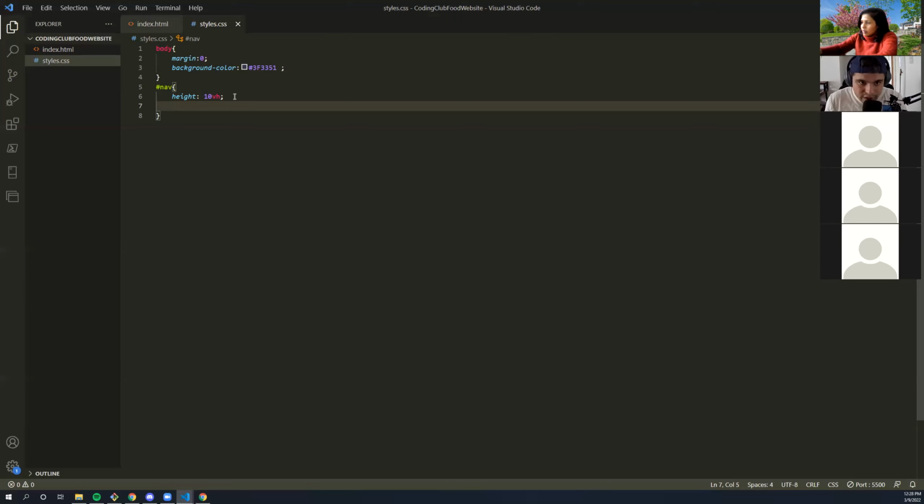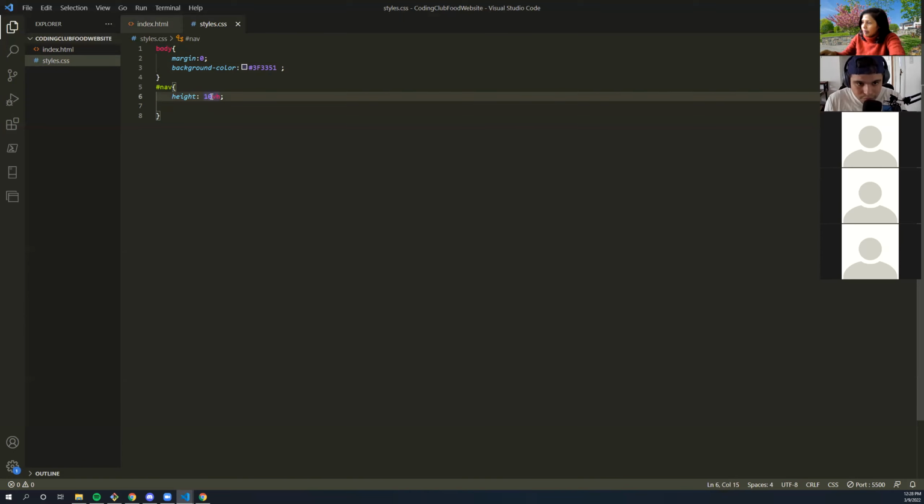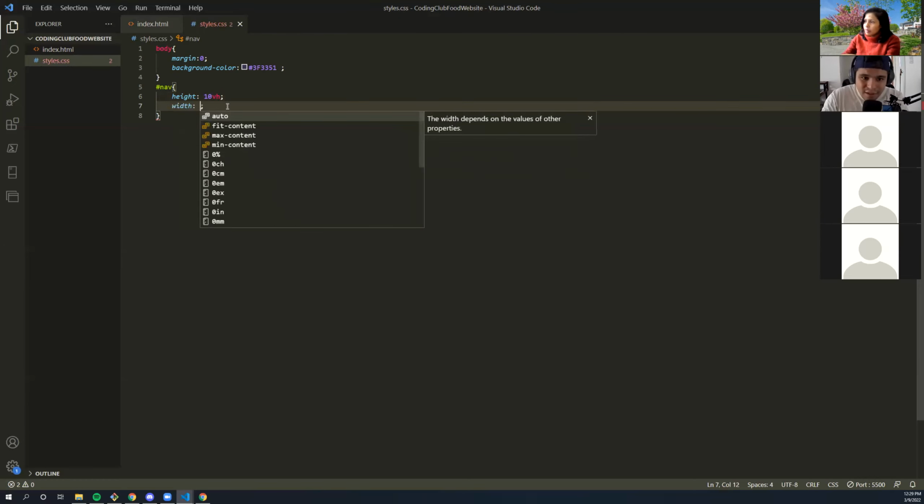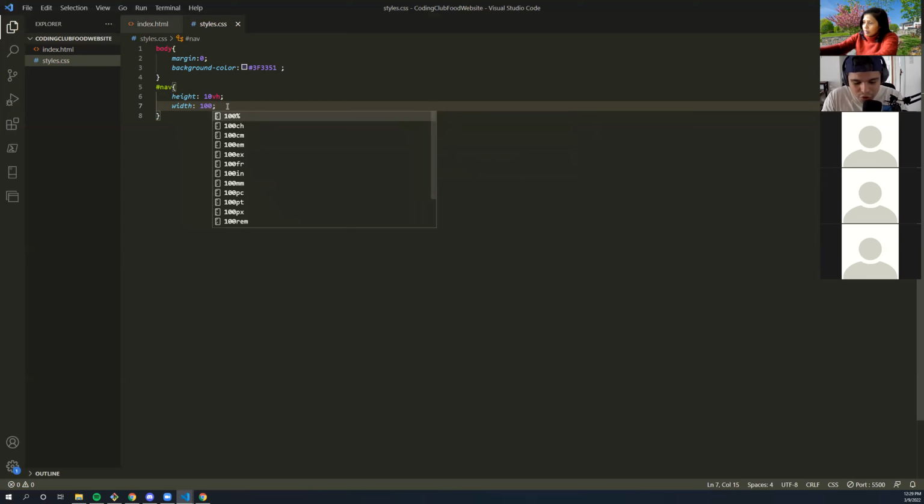All right. So when I say 10 VH, I'm saying 1/10 of the whole, or 10 out of 100 of the whole view height. Now, if I said 100 view heights, that'd be 100%. 200, obviously 200%. It's a nav bar, so I'm gonna try to keep it pretty small. So I'm gonna put it at 10 view heights, and then I'm gonna have a width, and I want this to be the whole width of the screen. So technically I can do 100 view widths, but I'm just gonna do 100%.